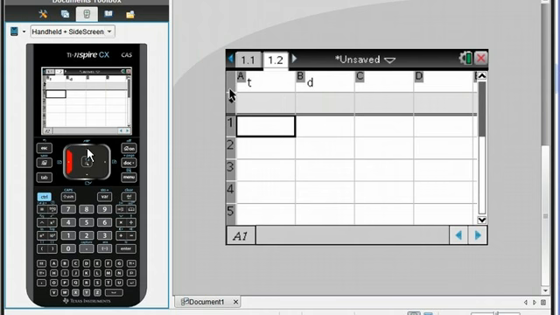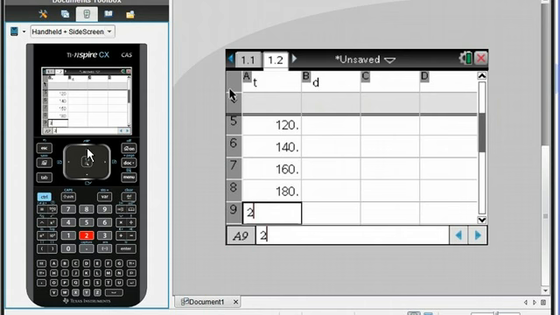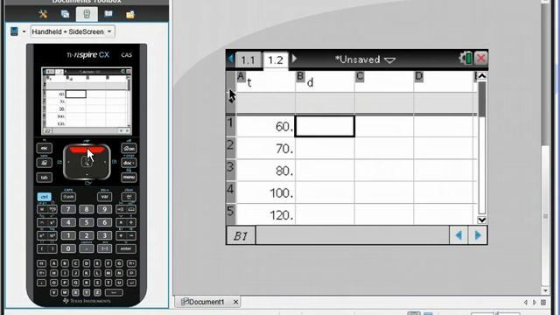So I'm going to type this in, so it's going to be 60, 70, 80, 100, 120, 140, 160, 180, 200, and 240. Okay, we're going to go back up to the top. Make sure you're at the very top, and we are going to put in our values for our decompression time, which is 1, 3,